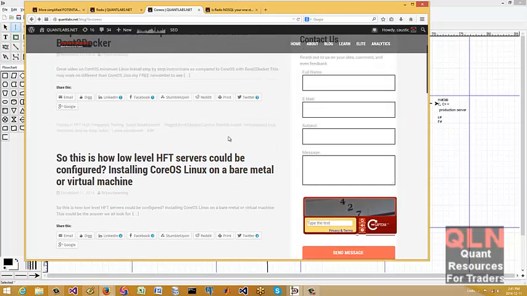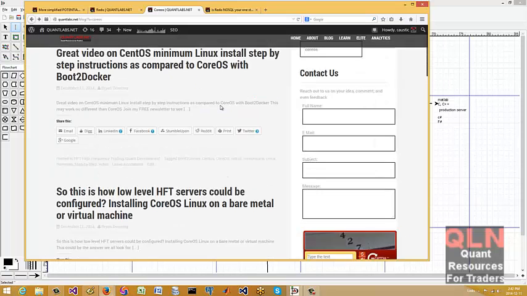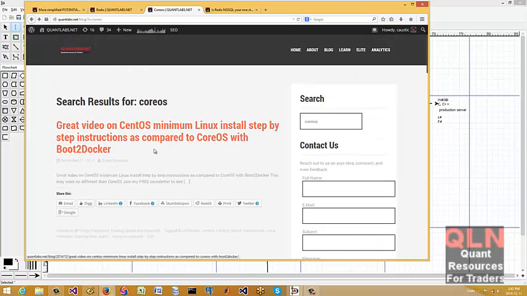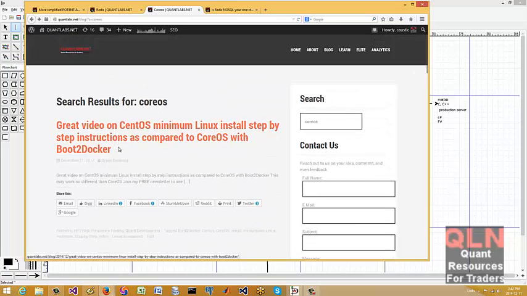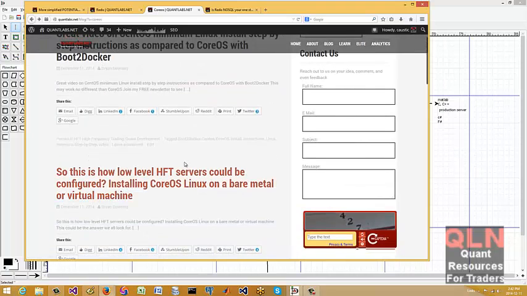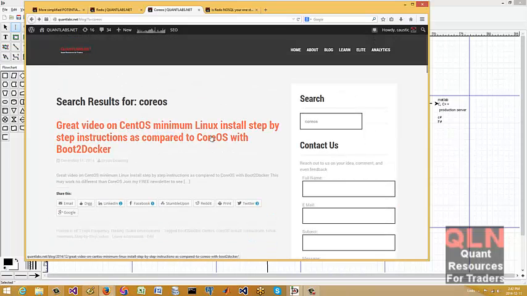This is all new. I have no idea. Maybe my Twitter Linux guy can enlighten me here, because he's been really good so far. There's this boot Docker thing. But maybe versus Core OS, maybe the CentOS minimal Linux is a better way. And as I said, you can put Java on this as well, because it's an advanced version of